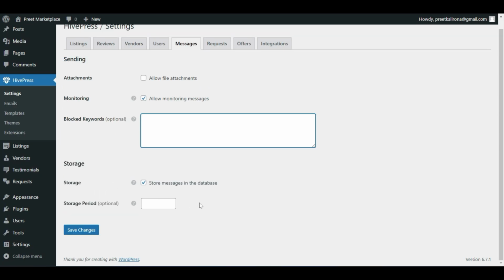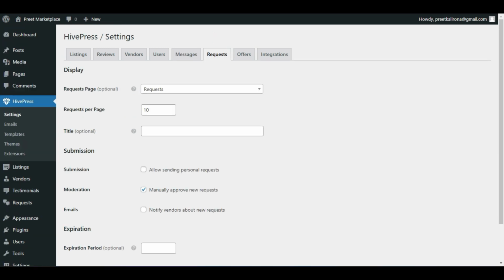Then we have storage. Store messages in database up to 10 days, 20 days, depending on your needs. So this will store all the messages in your database. Let's go ahead to the request option. In the request option,